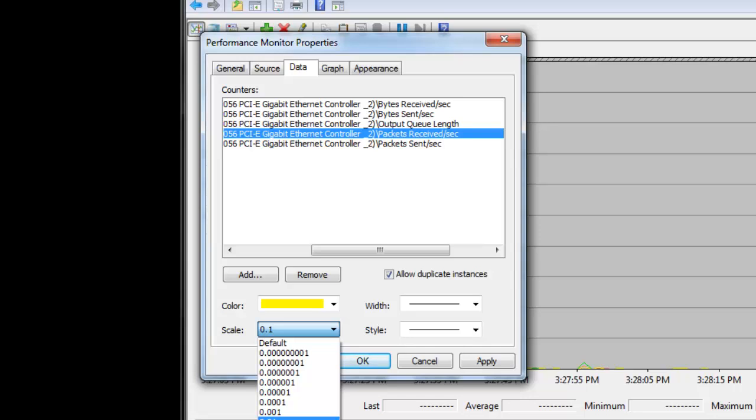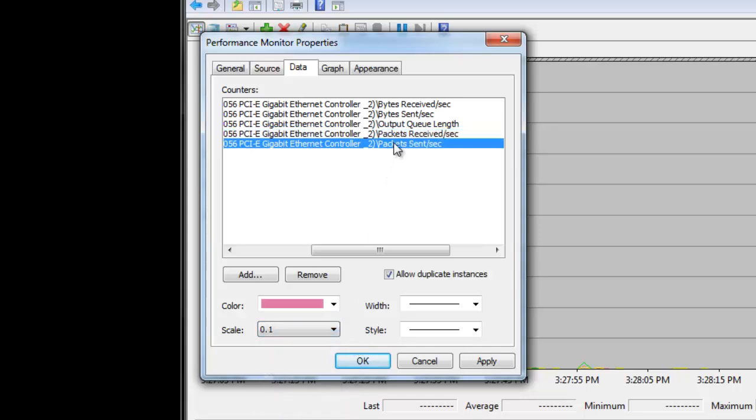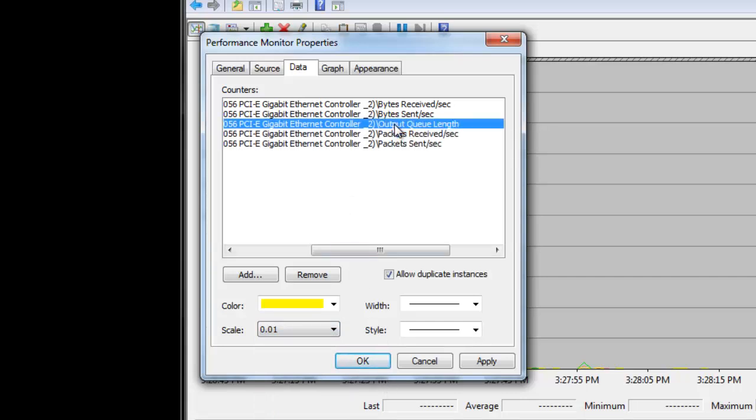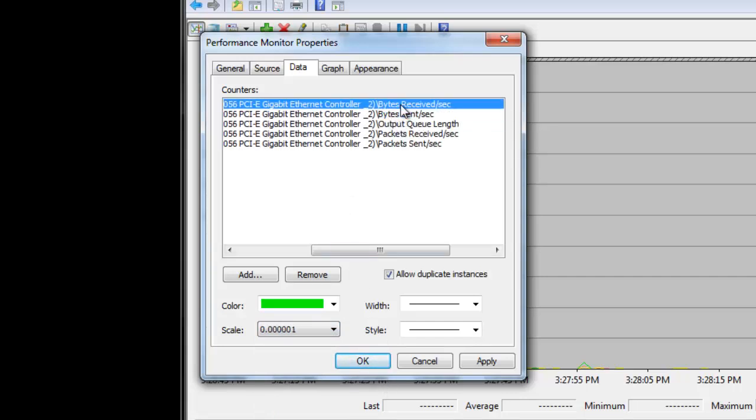Or 2 to the left, actually. Just kidding. All right. Scale looks good. We're going to hit OK there.